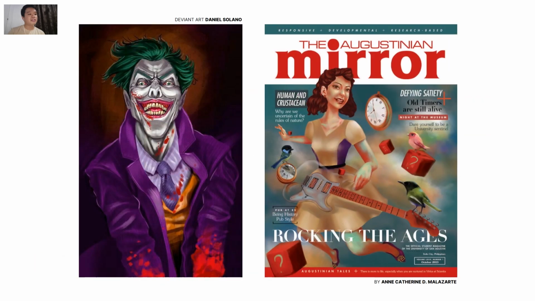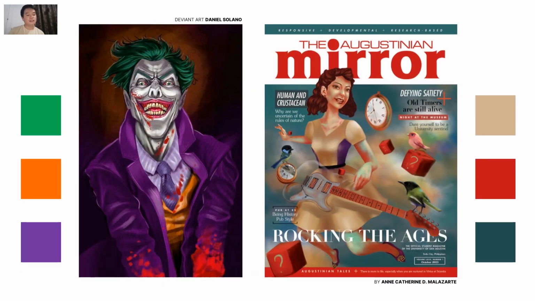And among those examples that I have are these two, and you can see here a very nice execution of purple, orange, and green for this artwork. And then on the other side, we also have red, blue, and yellow for this magazine cover of the Augustinian Mirror way back in 2013, which won first place in the regionals and nationals. I was part of that. Proud. Anyway,